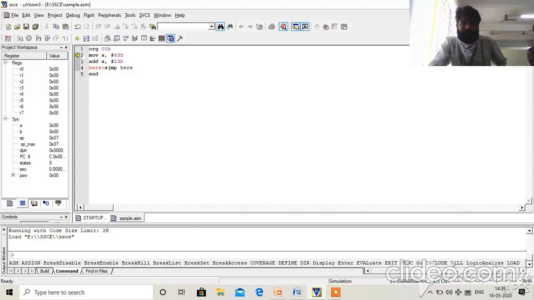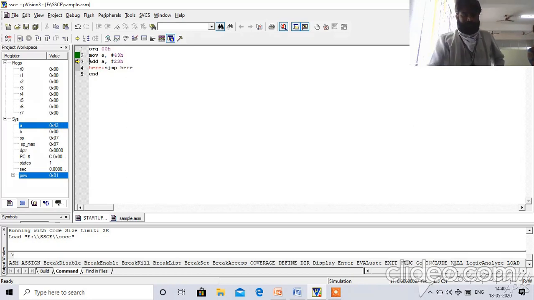So to execute the program, this is the run. It executes the complete program at a time. Otherwise, if you want to execute step by step, instruction by instruction, this is the icon. Suppose you click on this, see, this instruction is executed, and the next instruction to be executed is this one. As per this instruction, move A, 43 means 43 is supposed to be copied into register A. Observe here. Now A content is 43.